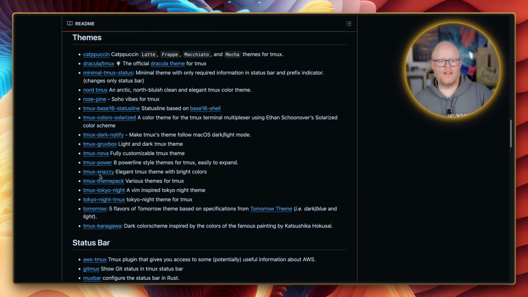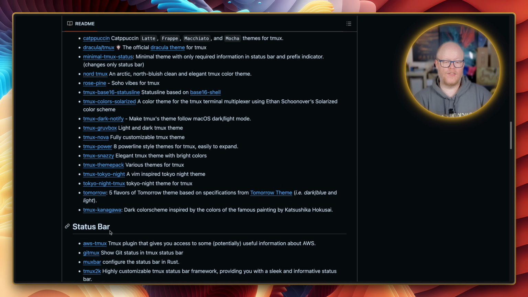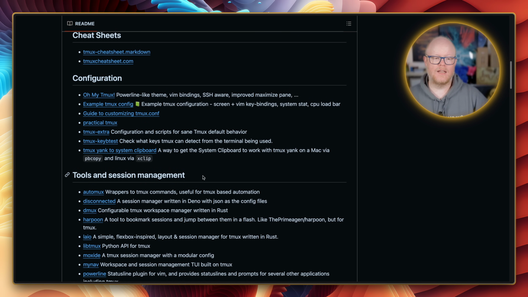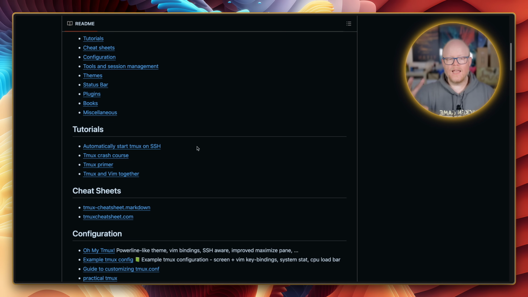There are a lot of different other themes. There are a lot of different things like, for example, here gitmux, show git status in tmux statusbar. And you can take a look at that if you want that, and there is an explanation on how to integrate that. Nevertheless, we will take a look at a little bit of this in the next session, where we will now, as I'm coming to an end with my current session here, telling you how to style the tmux bar. The next session actually will be about integrating NeoVim and tmux so that we can seamlessly switch, for example,